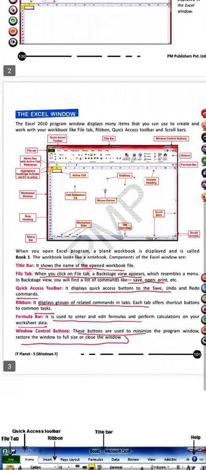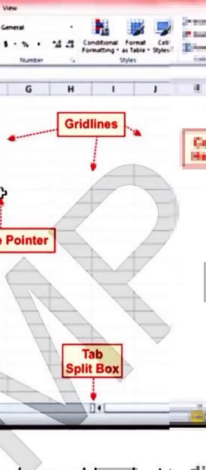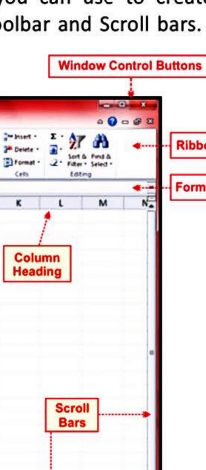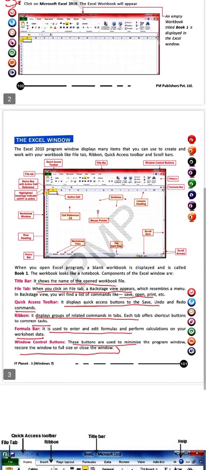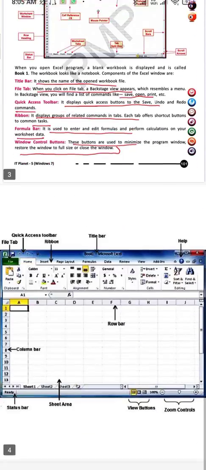Now Windows control buttons. Come to the right extreme corner, you will find three buttons, that is minimize, restore, close. These are called the Windows control buttons. Minimize is used to minimize or rather reduce the screen to the taskbar. Minimize का काम है screen को reduce करके taskbar तक ले आना। Restore उसी व्यू को enlarge करता है और क्लोज अभी सभी को पता है कि क्लोज एक प्रोग्राम या फिर एप्लीकेशन को बंद करने में मदद करता है। ठीक है।